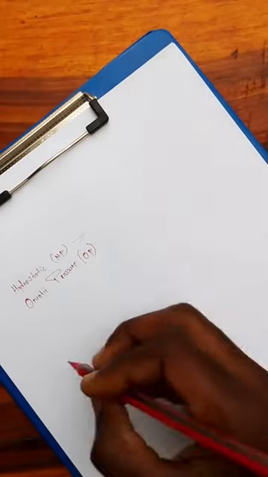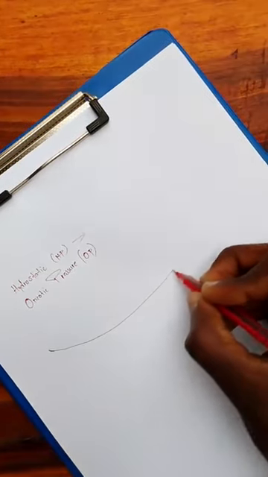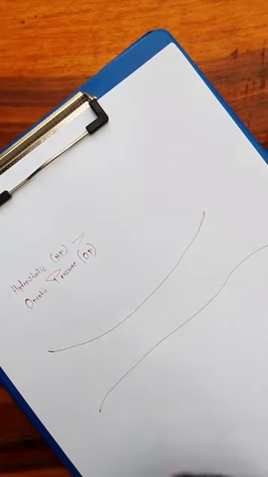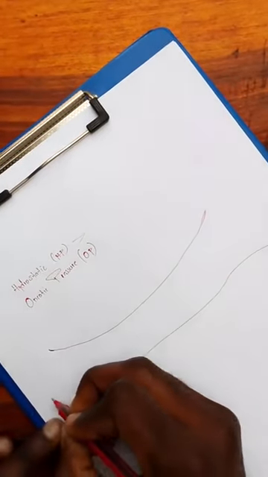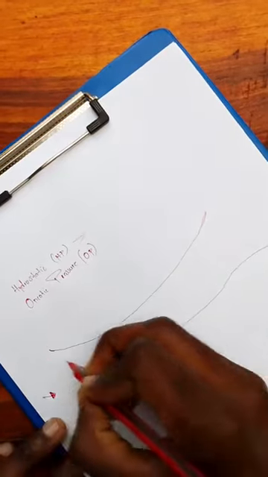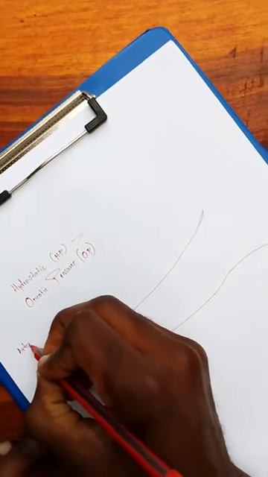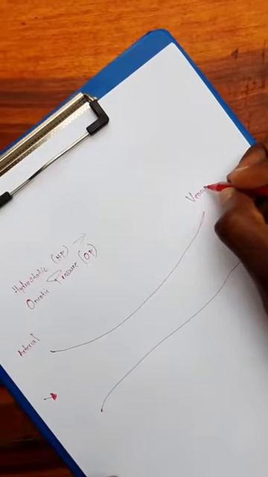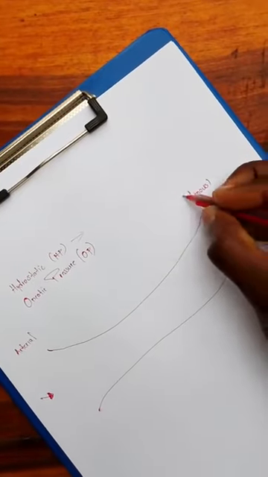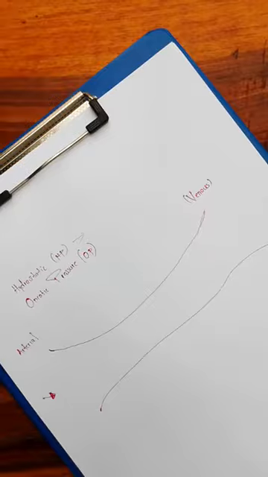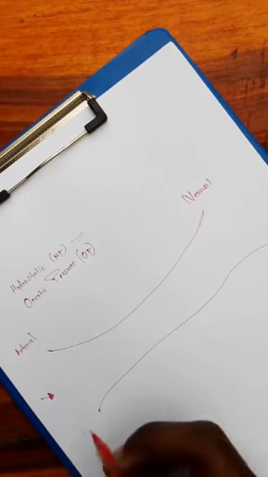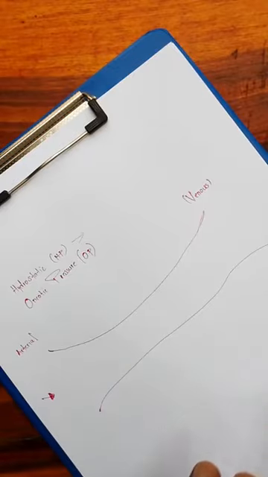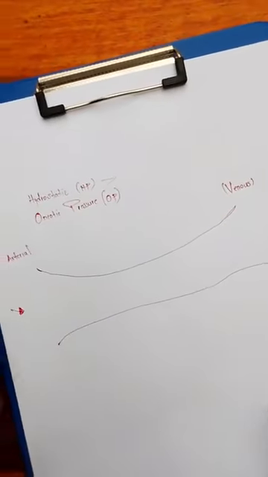So if this is a blood vessel that we are having here, the same capillary that we are talking about, this side we are going to note as the arterial blood that will be moving from the artery, and this is going to be the venous blood that will be flowing in the veins. So what happens here is that when blood is flowing from the arterial going into the venous, there is going to be an